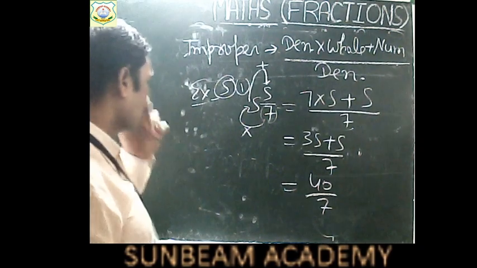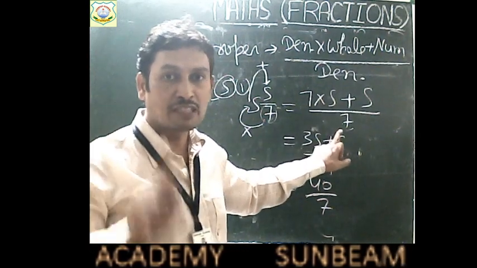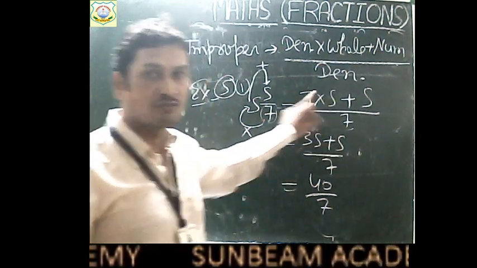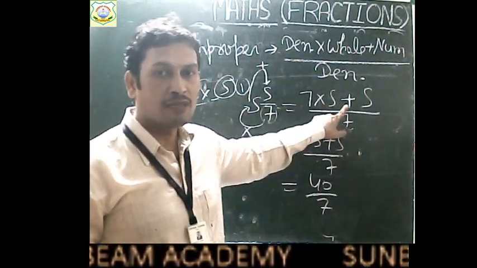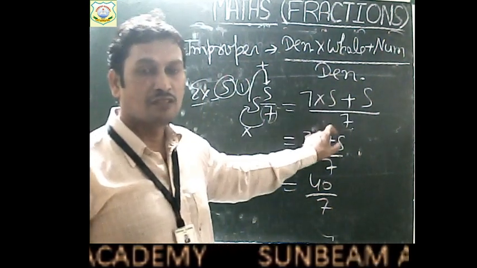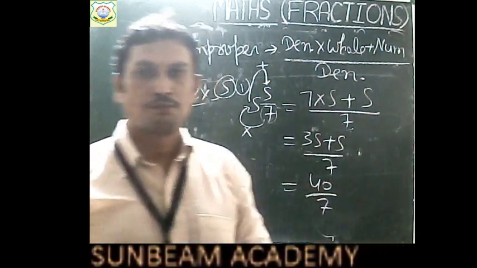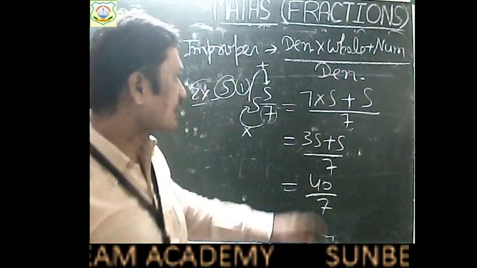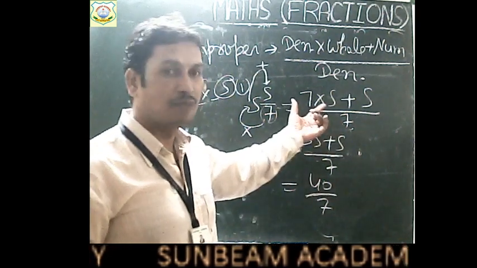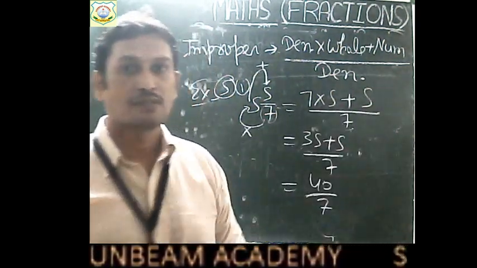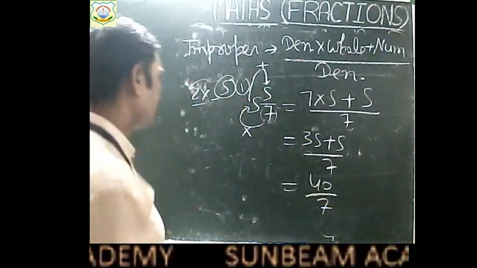Right children? So 5 means what? 5 means 7 by 7, 5 times. 7 out of 7 represents 1, so 7 by 7, 5 times will represent 5. And in this you are adding 5 by 7. So 7 into 5 shows the parts obtained from 5 apples, and after that in the 6th apple, you are taking 5 parts out of 7 parts. So 7 fives are 35 parts plus 5. You have taken a total of 40 parts out of 7 partitions. So this is the way.